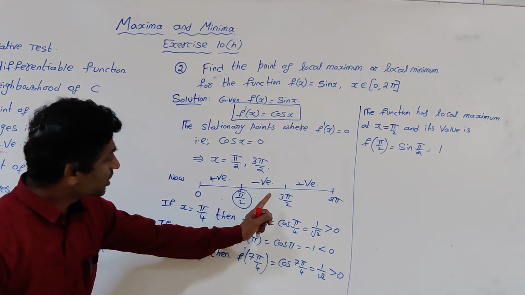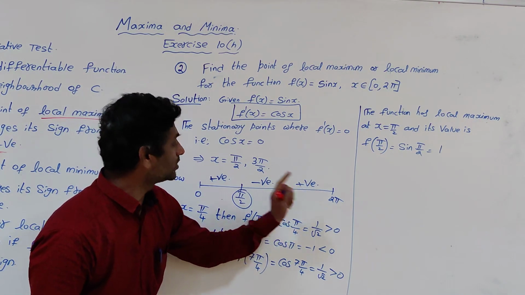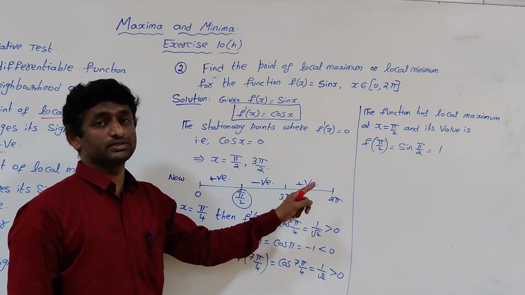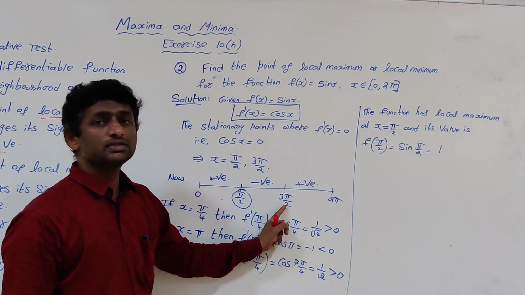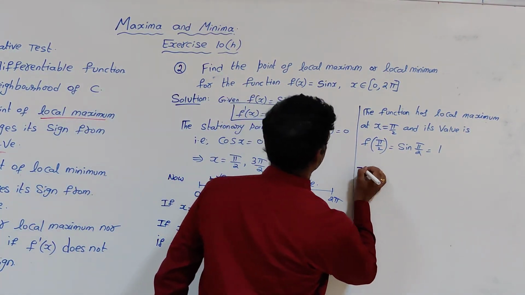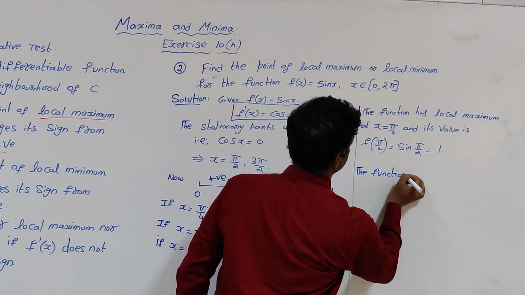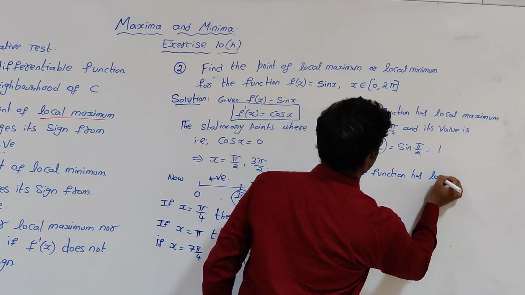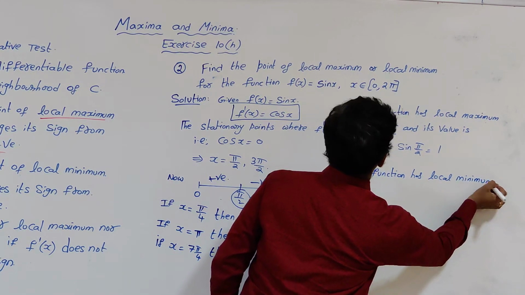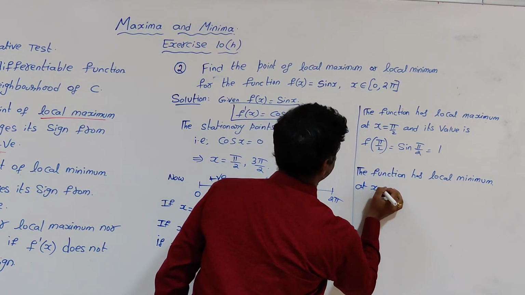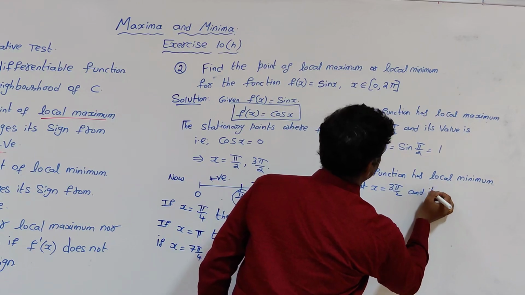Next, there is a change in the sign at 3 pi by 2 from negative to positive. The f dash of x changes from negative to positive, which means it has a local minimum. The function has a local minimum at x equal to 3 pi by 2, and its value